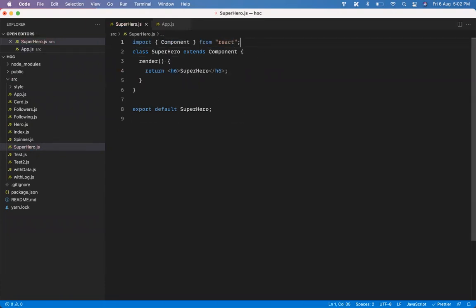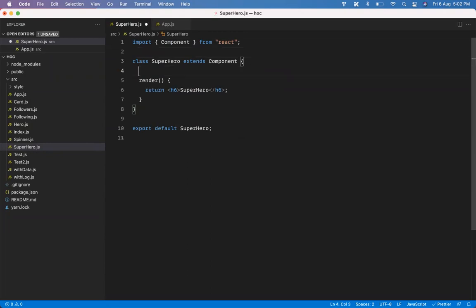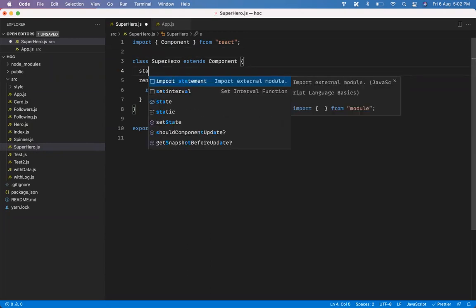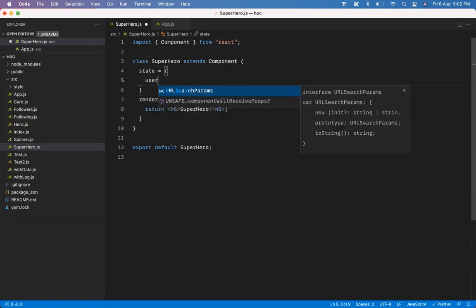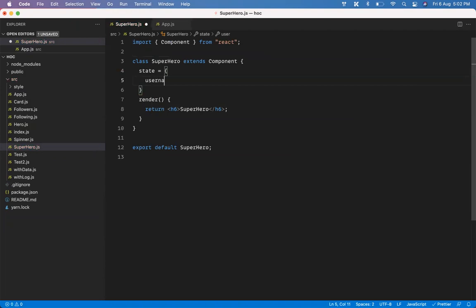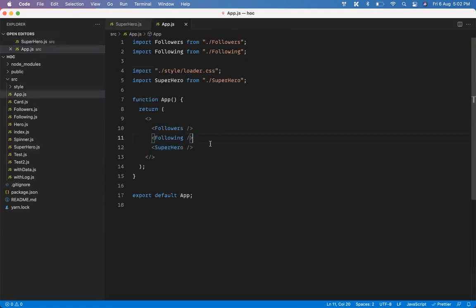Okay, perfect. So I have a component. That component can have state, and the state has something known as username, maybe I use, and here all I need to do is to call this component.